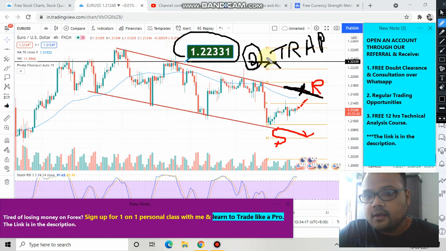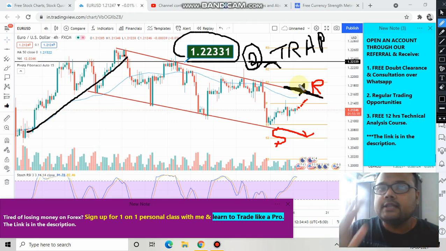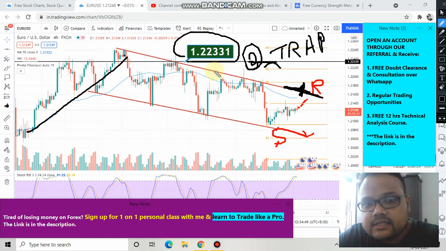so this level is not that important. But do remember, though this pattern looks like a flag pattern, still be very careful if market crosses this level, because you need confirmation, and confirmation will only be in the form of volume. Until and unless you get the support of volume, if market gives you a breakout scenario, then do not buy. Because previously also we have had fake out instances where market trapped traders and your stop loss was hit, so be very careful.